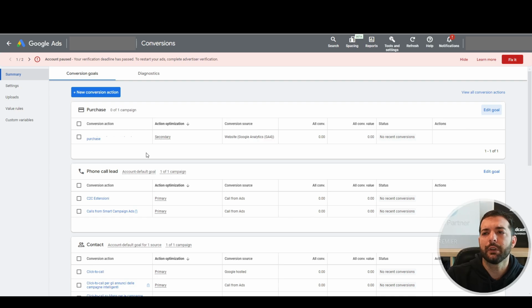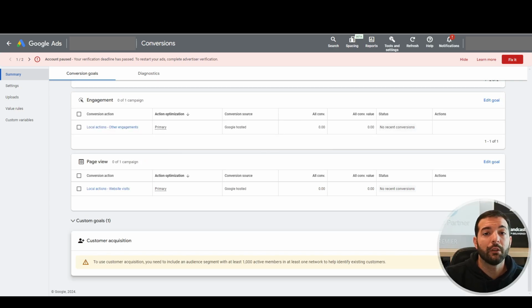But you would like, for example, just checking out if your purchase action is getting conversions, but your primary action, for example, is the lead gen one. So the contact you get from your campaign. So for that specific case, the lead gen conversion will be your primary action and the purchase will be the secondary action. But if you are not sure how to manage all the conversion actions, you can also have the